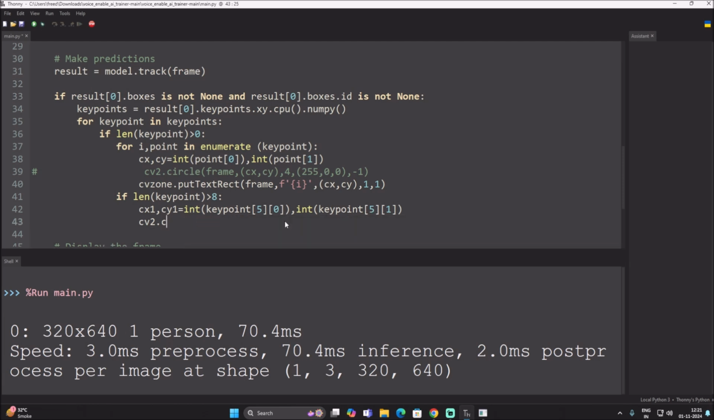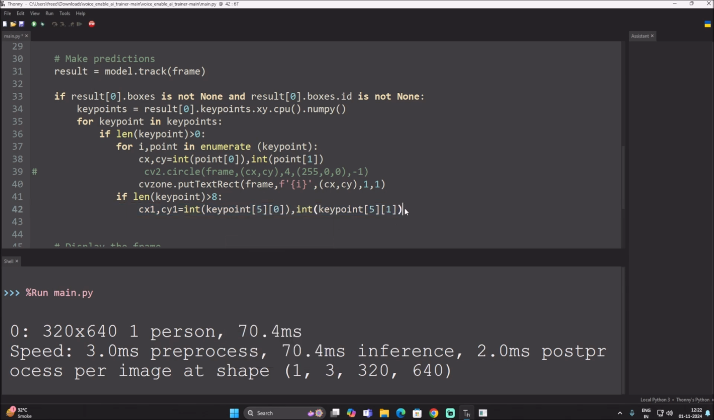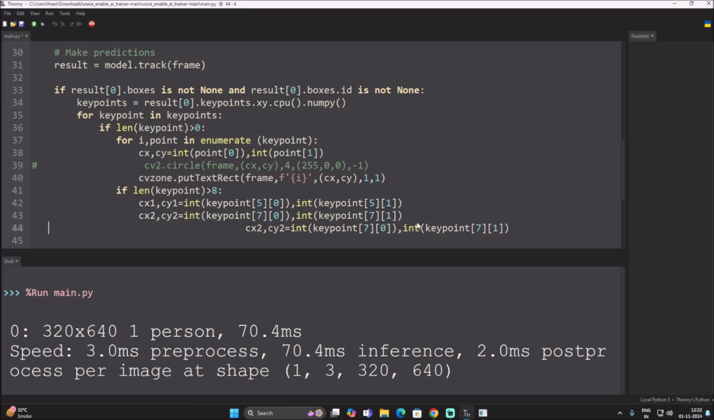So now same way we want to mention all other points. So let's just copy the same line and only we will change the number of the point. So first one is fifth one, then next one is seventh. So this will become cx2 cy2 int key point number 7, and here also point number 7. Then again copy the code, copy as it is. Then we will mention our next point which is cx3 and cy3,